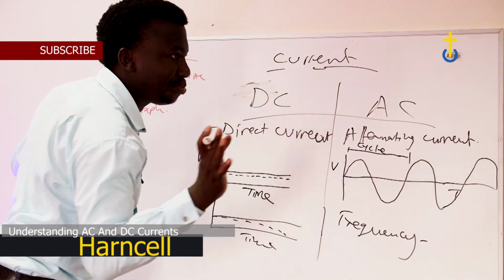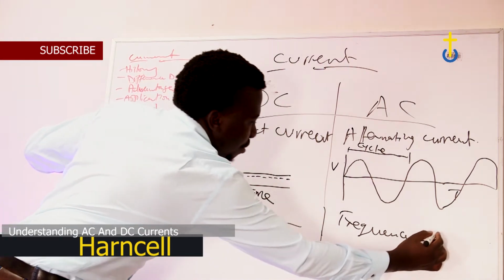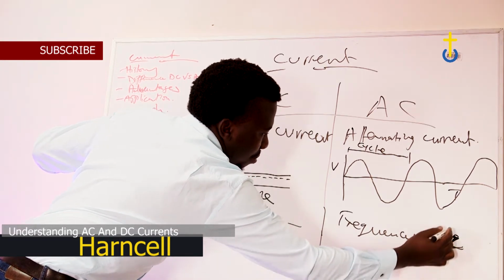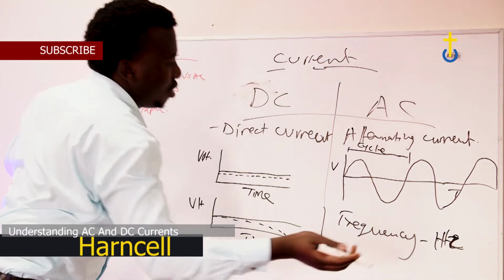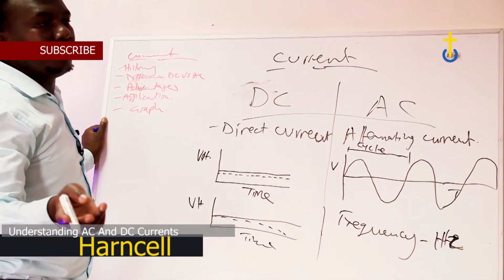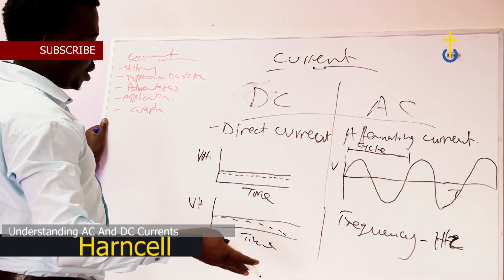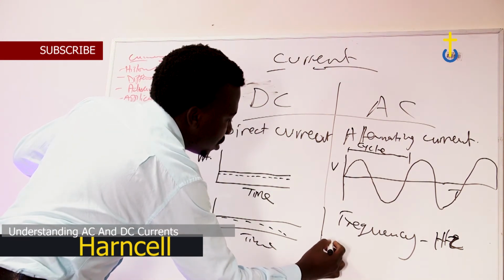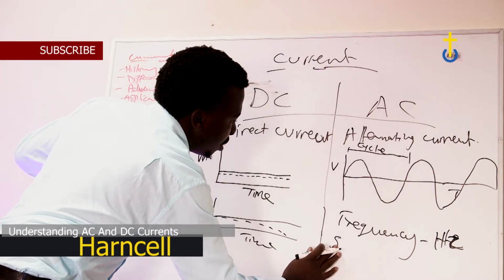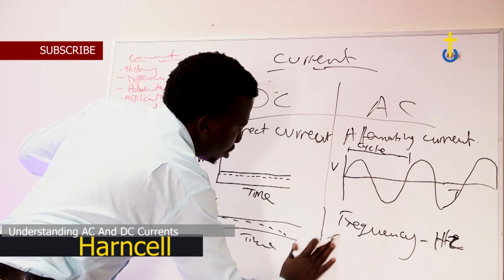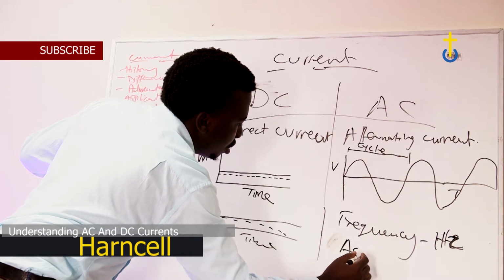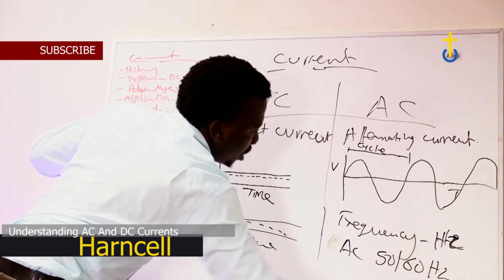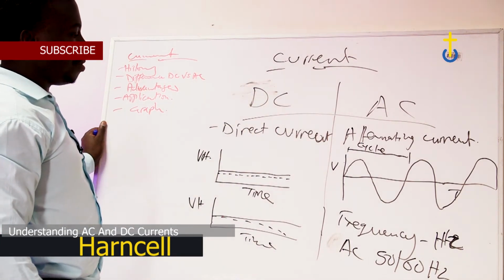Okay, and frequency is measured in hertz. If you remember from waves in audio, it is the same. Okay, so sometimes in your appliance or device, you will see it's written AC 50 or 60 hertz. Okay, that simply means